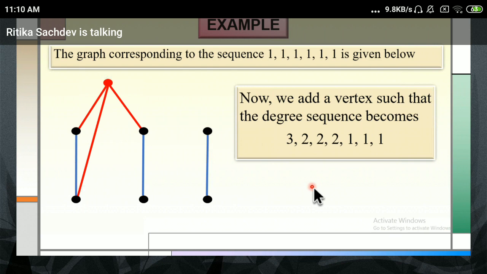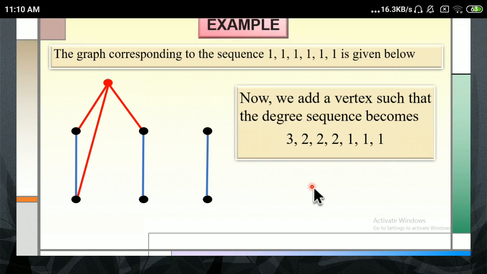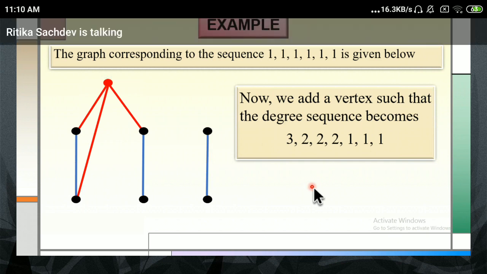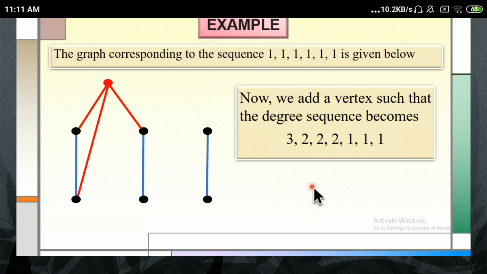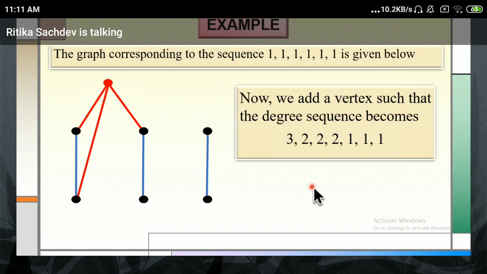Minakshi, we are taking the sequence because we wanted to check what is the degree of each vertex. Once the degree of each vertex is there, I can decide whether I can have a graph or not. Whether the graph will exist or not, for that we have put up this particular sequence. Now why is this sequence coming?